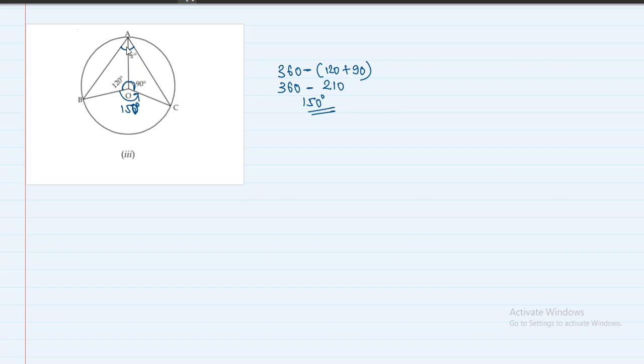Half of 150 कितना होता है? Half of 150 is 75. So x will be 75 degrees. x will be 75 degrees. ठीक है. So x की वैल्यू क्या होगी